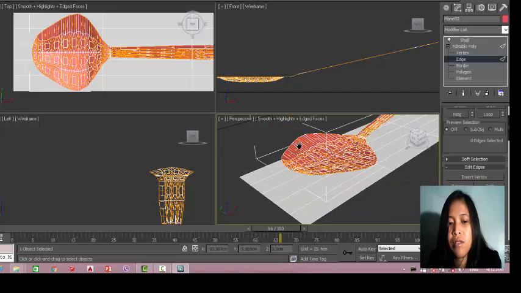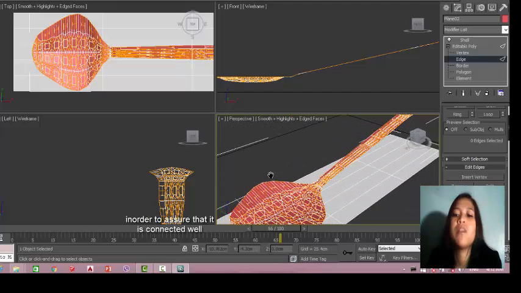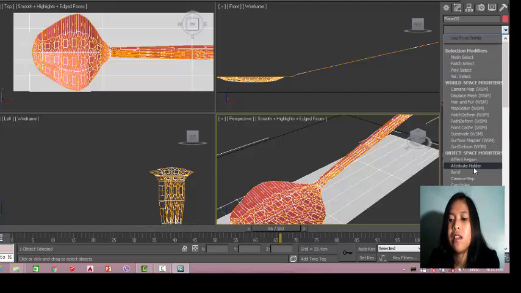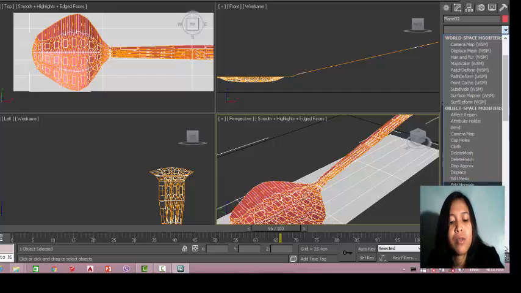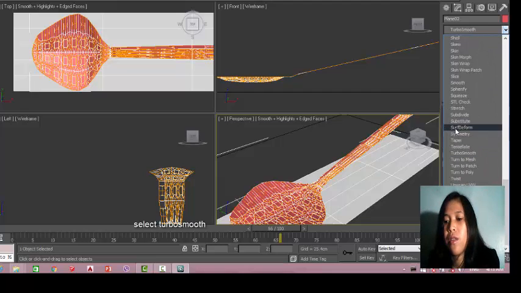In order to assure that the spoon is connected well, you're going to go to the modifier list again and select the Turbo Smooth, Turbo Smooth here.